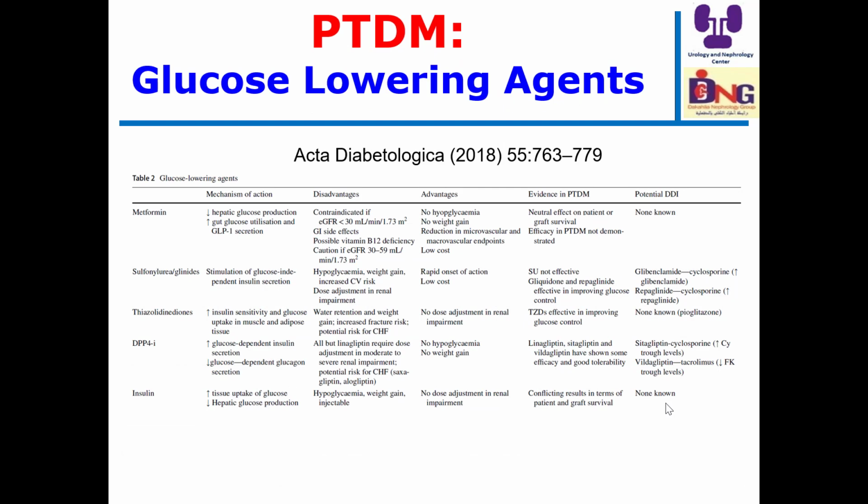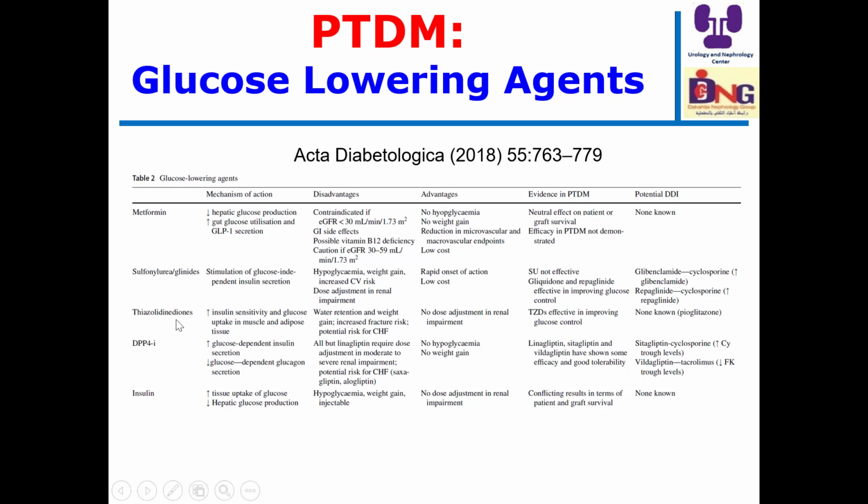Regarding drugs, I think for the choice of drug, we have the traditional groups of drugs that can be used for treating hyperglycemia, the anti-hyperglycemic drugs. And I think the factors that guide us in selecting the specific drug are, first, the kidney function of the graft. Secondly, drug-drug interactions of the anti-diabetic drug with immune suppressive drugs. And thirdly, the characteristics and demographics of the patient.